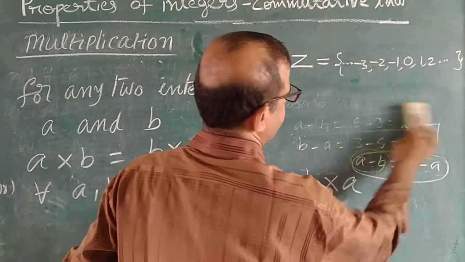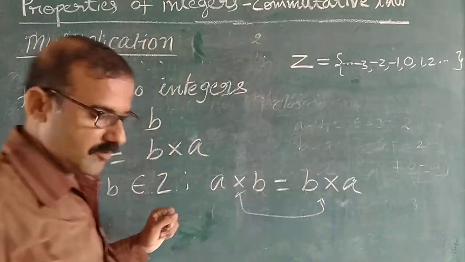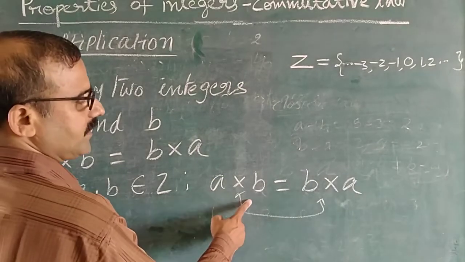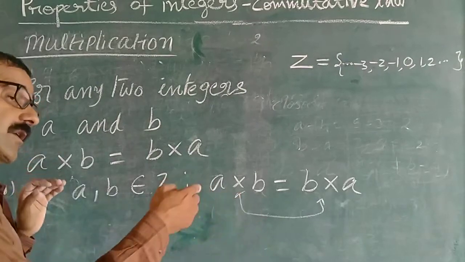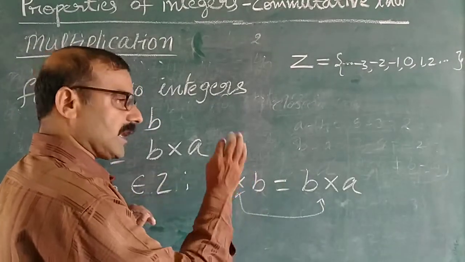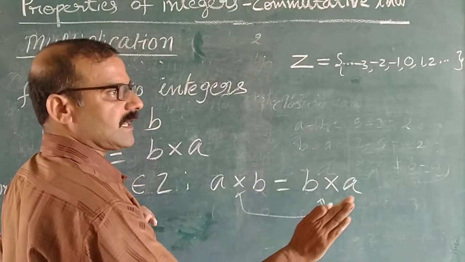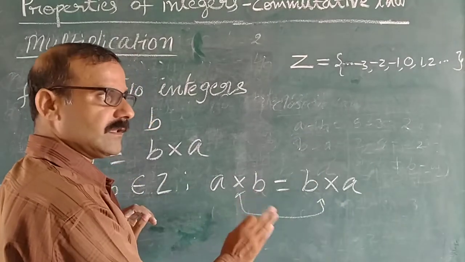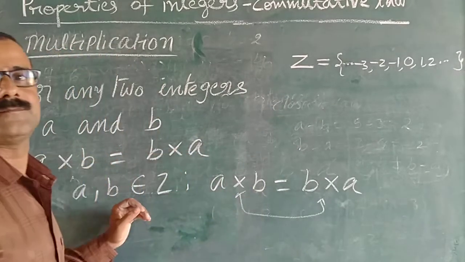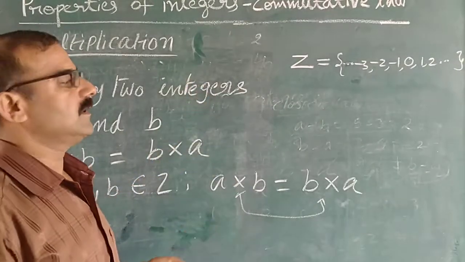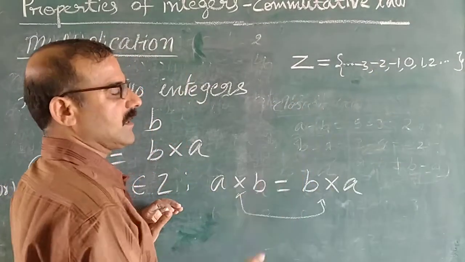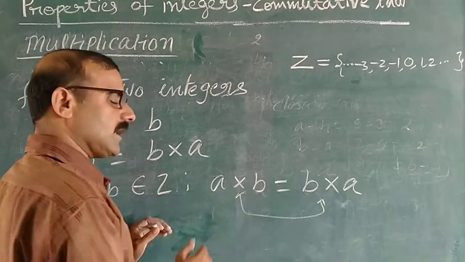Okay, children? Now we will move back to this one. Therefore, for A, B belonging to Z, A into B equals B into A. The same closure law also. For closure law, is A into B possible or not? Is B into A possible or not? Are both equal or not equal? No problem in closure law. But in commutative law, they must be equal. Whether the product A into B is equal or not to B into A does not matter in closure law. But in commutative law, both are equal.